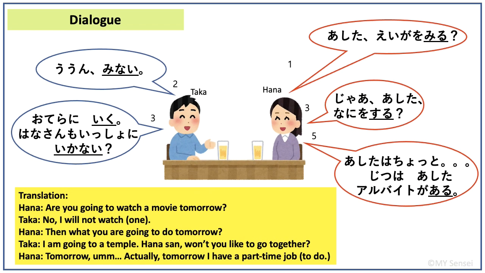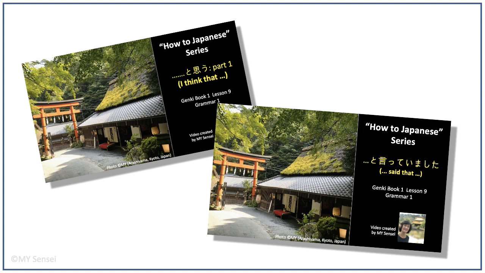Here's a dialogue between two friends, Taka and Hana, that shows how to use short form verbs in casual speech. 明日映画を見る? 見ない。 じゃあ、明日何をする? お寺に行く。花さんも一緒に行かない? 明日はちょっと、実は明日アルバイトがある。